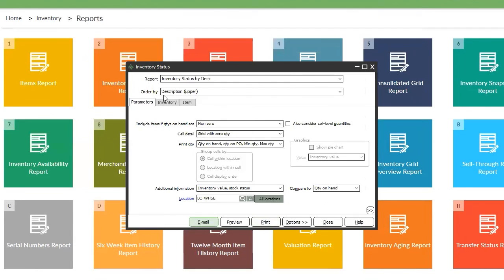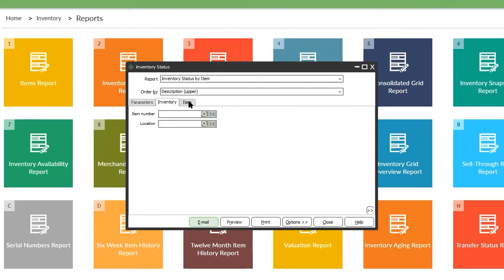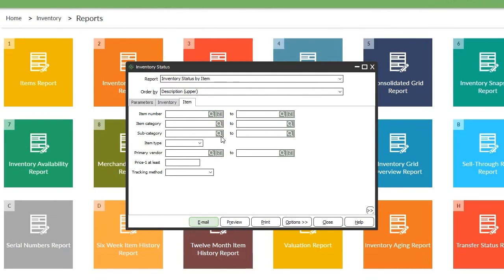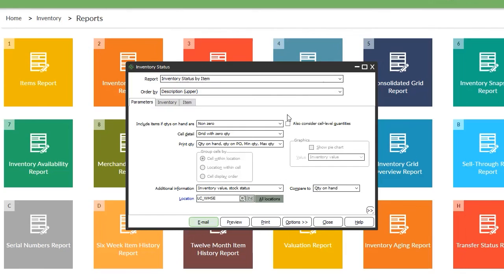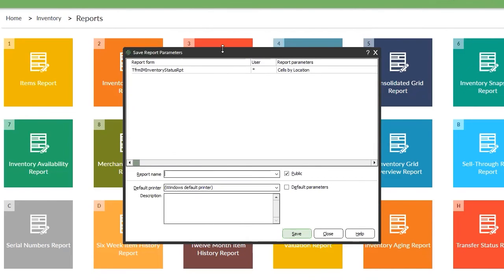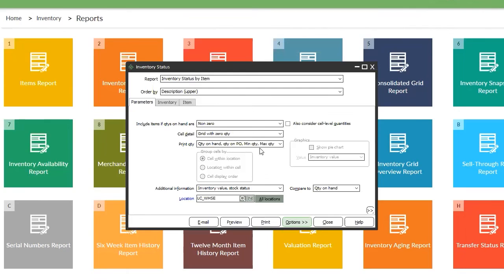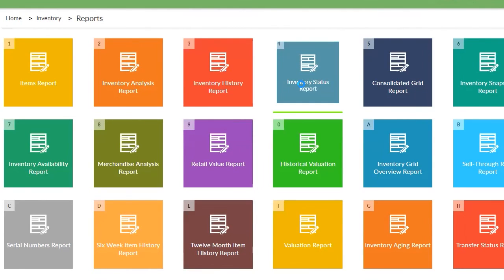Again, you can have different filters set here, and you can save this report so that you don't have to change it again and again, by going into option and save parameters. If you do save parameters, so it's an item status report with description, on hand quantity. So now if you save this report parameters,